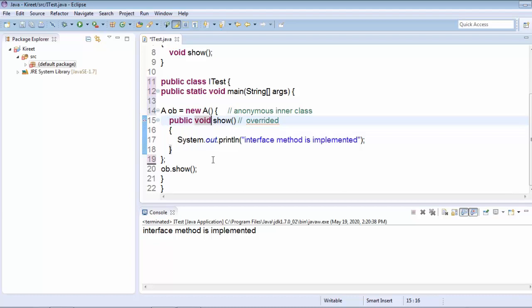Whatever class is being used by this interface, the object of that particular class will be returned as a reference to this interface reference. So this interface reference will point to the class that is implementing it. Now here we don't know which class is implementing it, because it is an anonymous class,